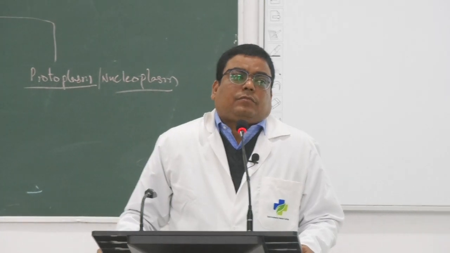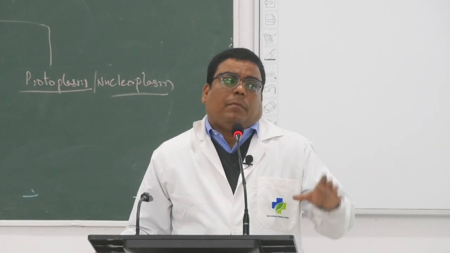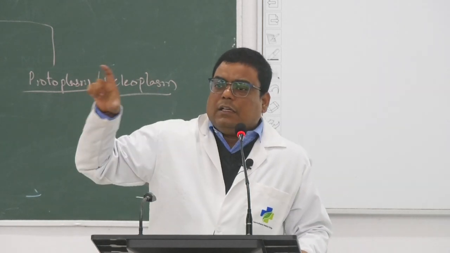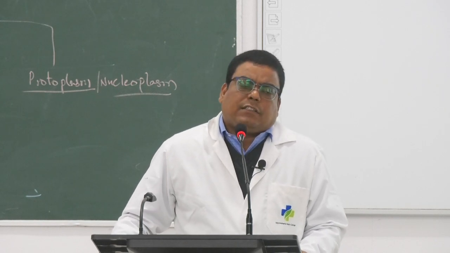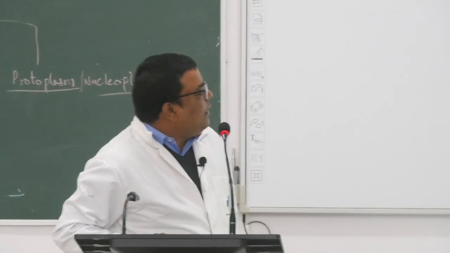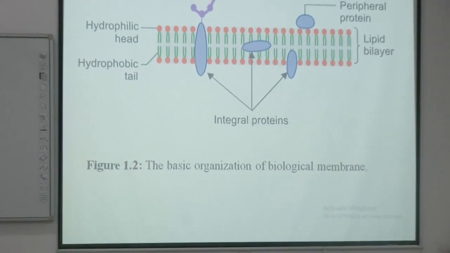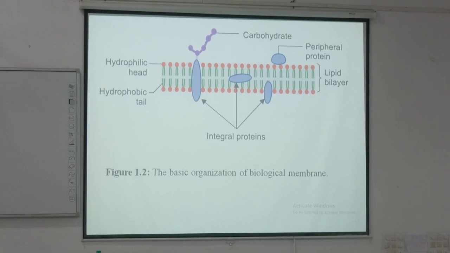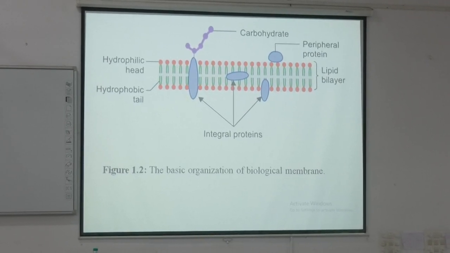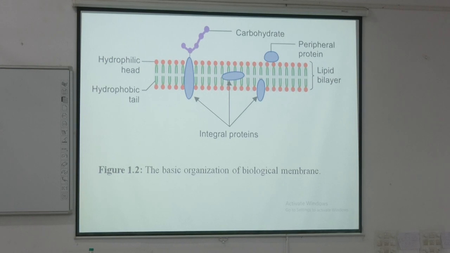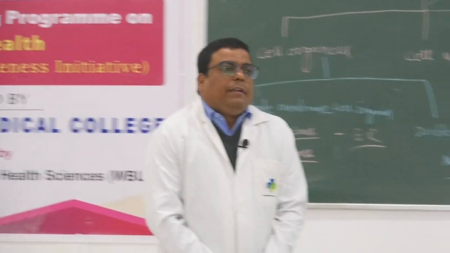And for the membrane, if we talk about the muscles, it is called sarcolemma, the outer membrane of the cells. So different membranes are called by different names in different organ systems. So this is the general structure of the cell membrane: it contains hydrophilic heads and hydrophobic tails, carbohydrate moieties, peripheral proteins, lipid bilayer, and integral proteins. Understand? So students, before going to understand what is the meaning of intrinsic protein, what is the meaning of extrinsic protein,